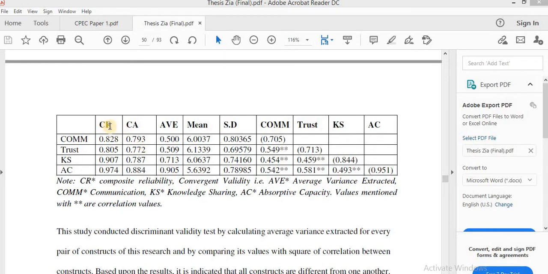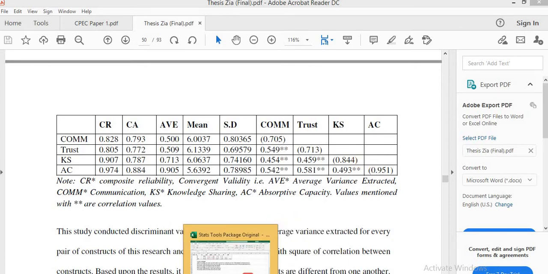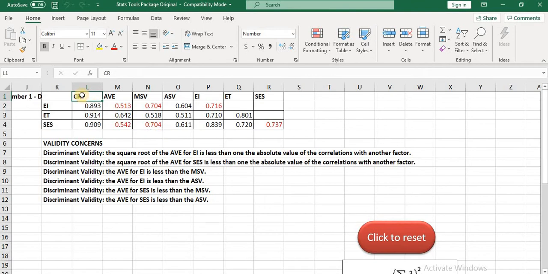This is the composite reliability, and these are the values of AVE, and these are the values of correlation between the variables, and the values in brackets are the values of square root of AVE. So the Gaskin statistical tool helps you to find the values of composite reliability, AVE, correlation between the variables, and square root of AVE.